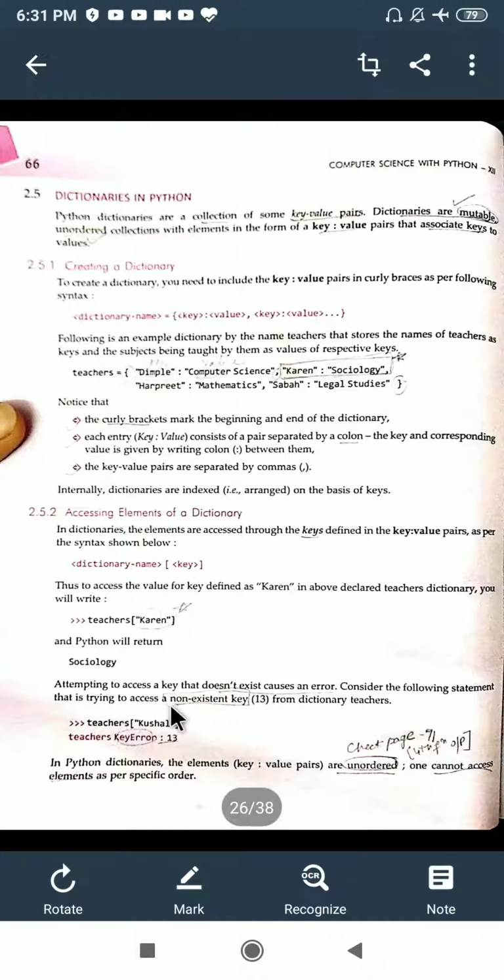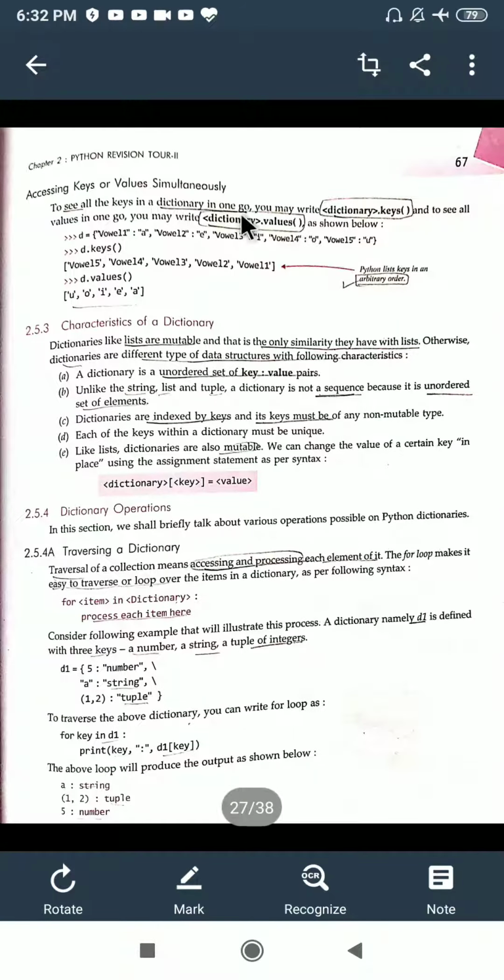Teachers, square bracket, key name you need to write. If you are writing something else other than the keys, then you will not get the right output. Fine. And we know they all are unordered. Now this we have discussed. Now the characteristics of a dictionary are: